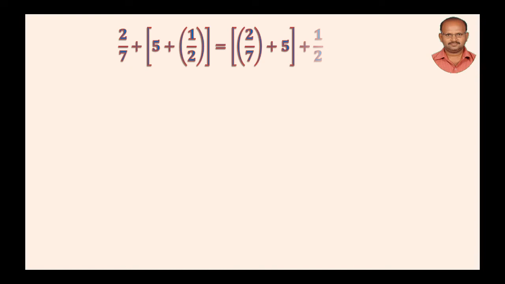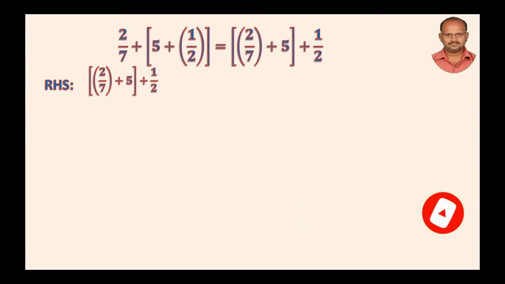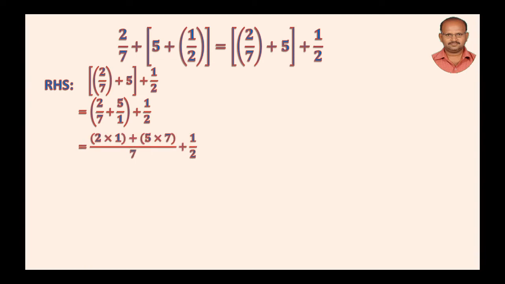Then RHS is equal to 2 by 7 plus 5 within brackets plus 1 by 2. 5 is nothing but 5 by 1, that is equal to 2 by 7 plus 5 by 1 within brackets plus 1 by 2. 2 into 1 plus 5 into 7 upon 7 plus 1 by 2, then that is equal to 2 plus 35 by 7 plus 1 by 2, then that is equal to 37 by 7 plus 1 by 2,